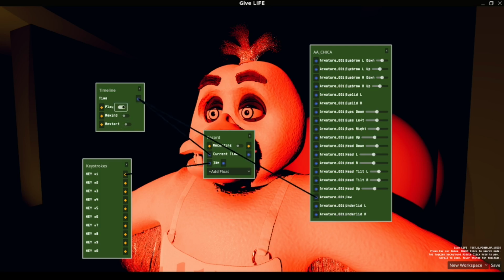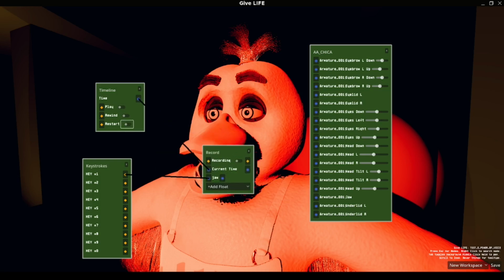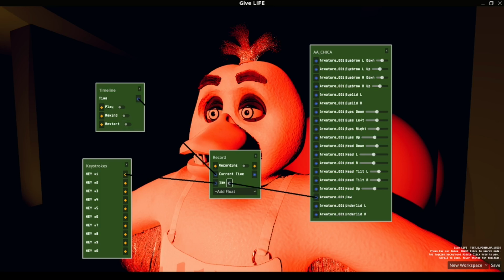This node, not for recording. You can use it for whatever you want. It's simple as that. But it plugs into the time or the record node, and this will determine what is recording. So the record node is looking for inputs that we're going to send in, and it will just output them normally. But if we hit the record toggle, it will record each value at a different point in time, and when you plug the timeline node back in and play it back, it will output those signals as well. So let's just do something simple.